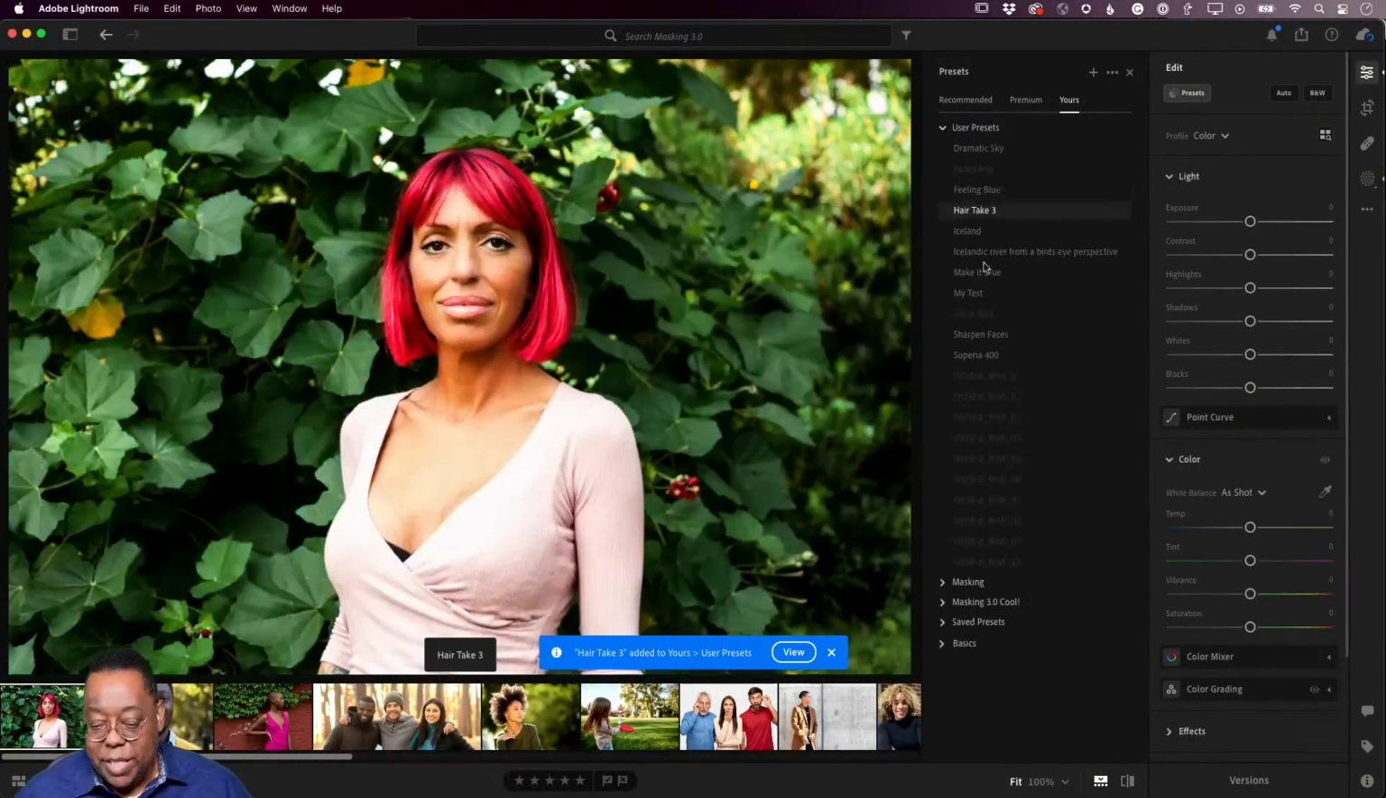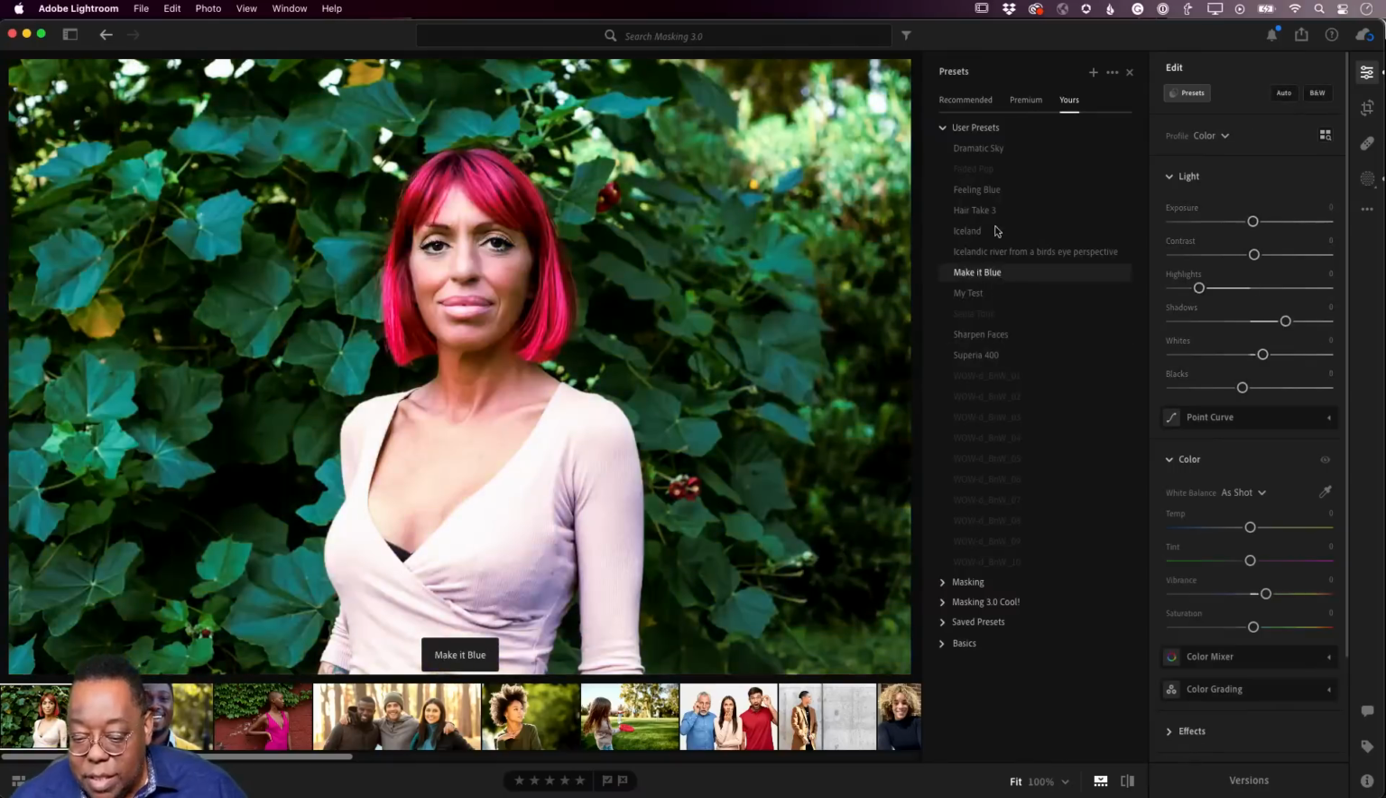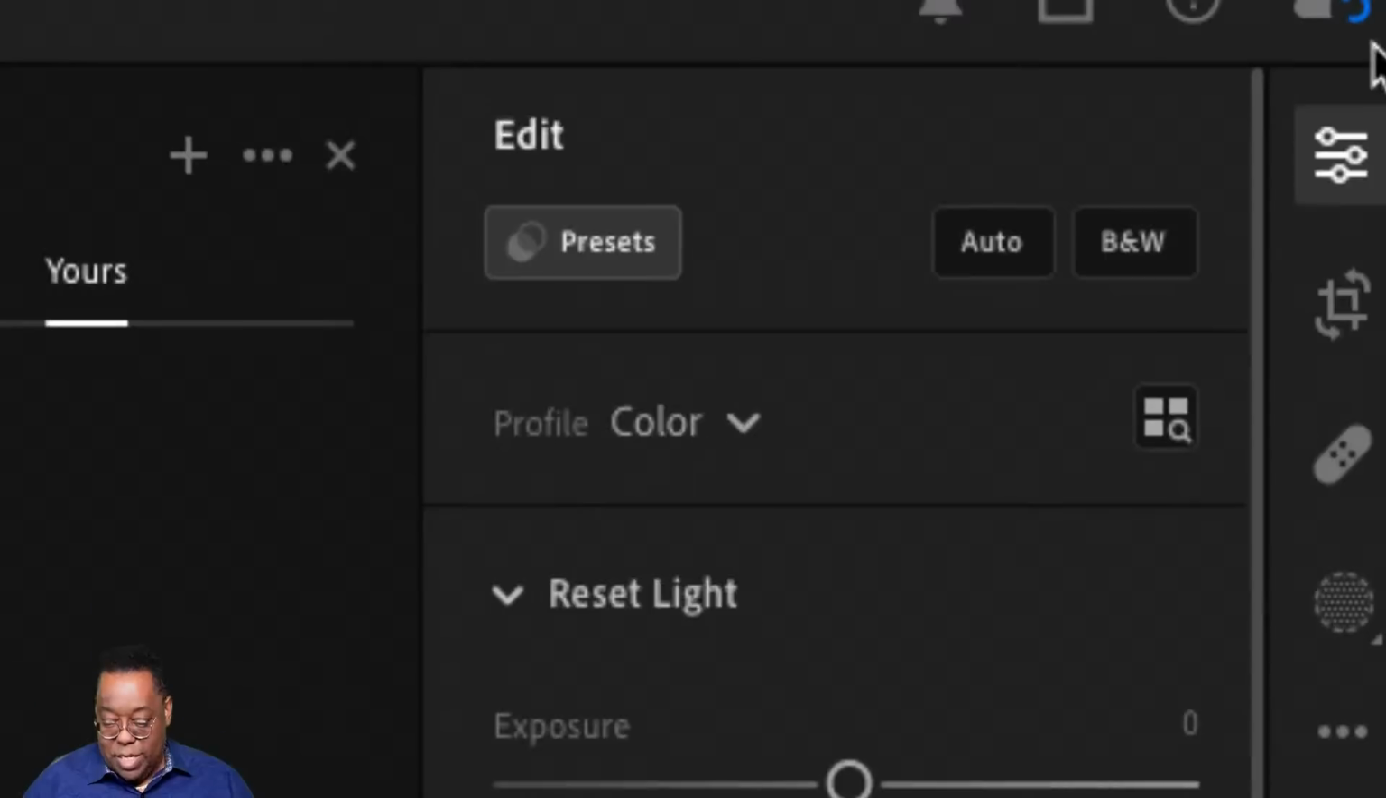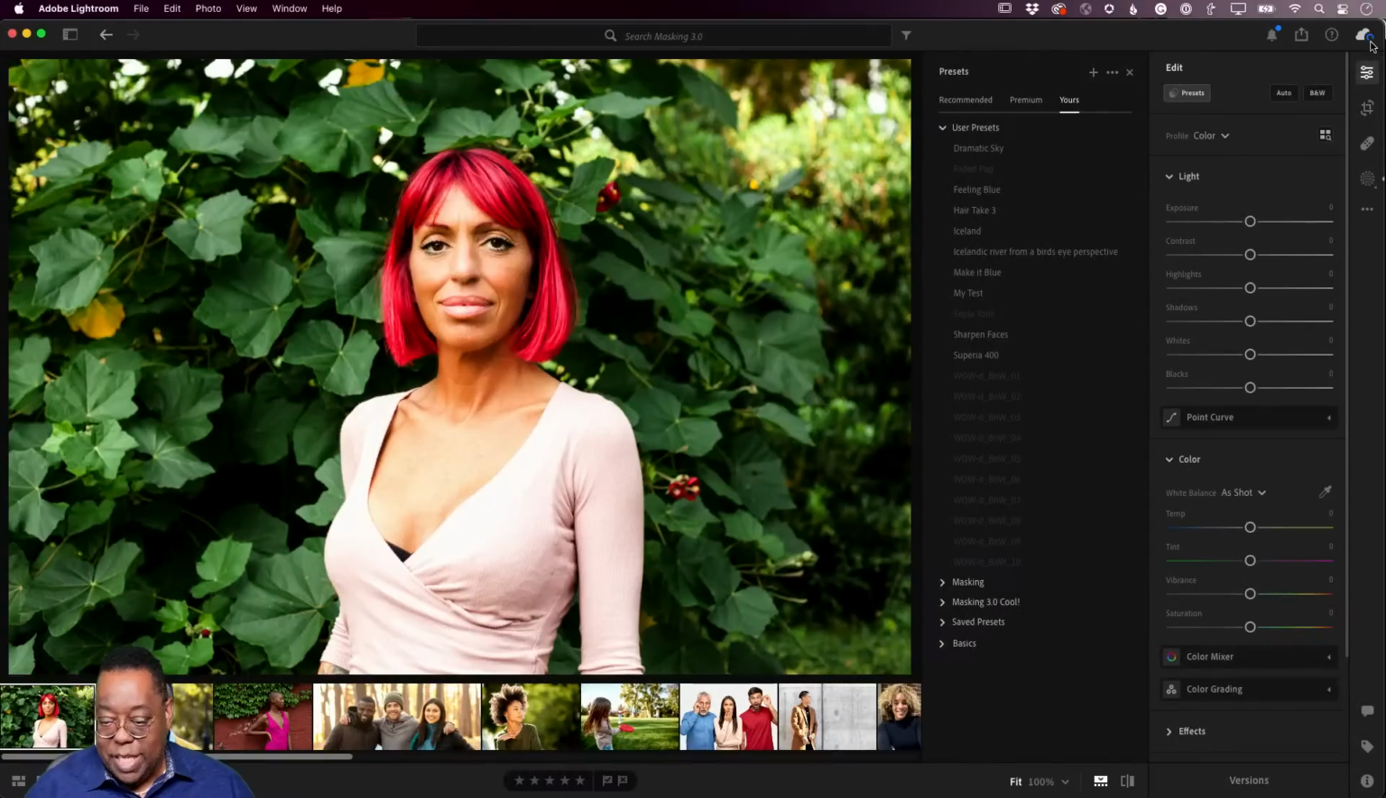And in my user presets, there should be a hair take 3. There it is. Now, if I wait, it's syncing that right now. That's the little sync icon. And if I were to wait for it, it will eventually sync down to my iPad. But I already have one on my iPad to show you. So let's switch over to the iPad,